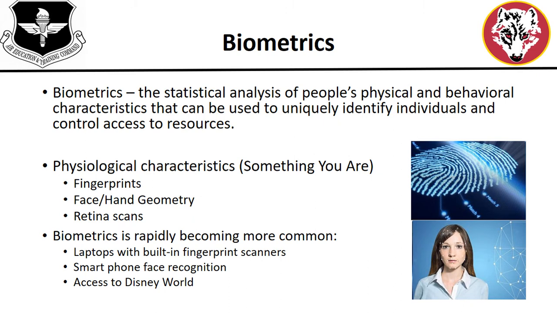In this segment, I'll be going over biometrics as it relates to identification and authentication. I'll begin by going over the basic definition. Biometrics is the statistical analysis of people's physical and behavioral characteristics. CompTIA breaks these up into something you are for physiological and something you do for behavioral. These different traits can be used to uniquely identify an individual in order to authenticate them to a resource, system,